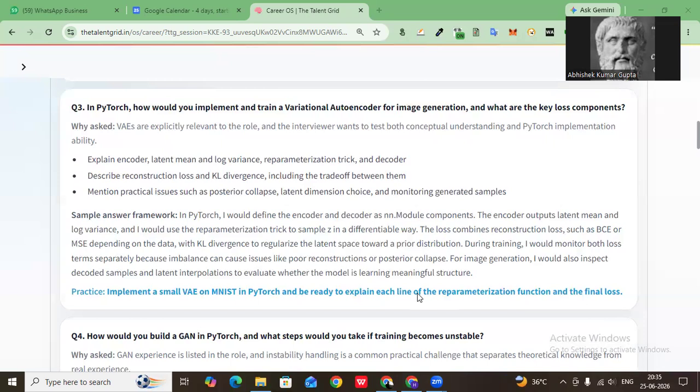So instead, we use this reparameterization technique. And what is the other key factor? There is also the use of KL divergence